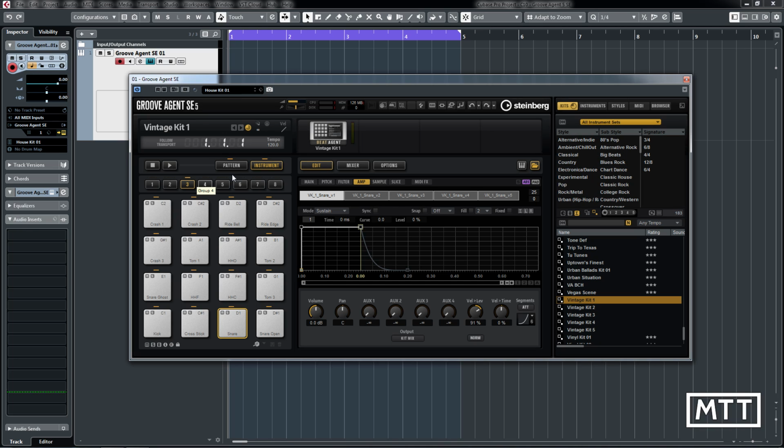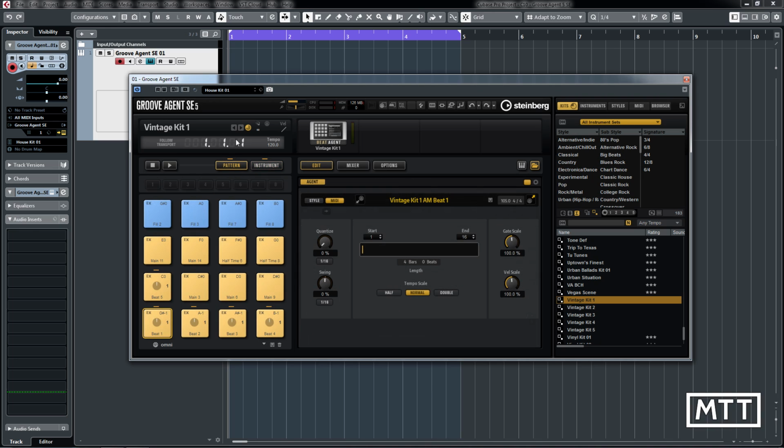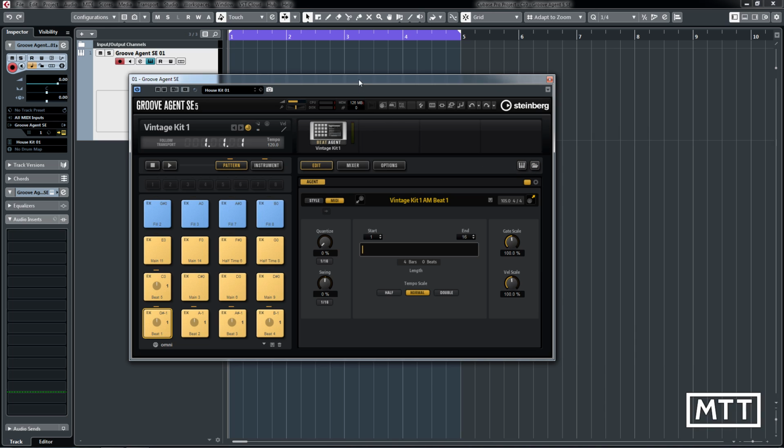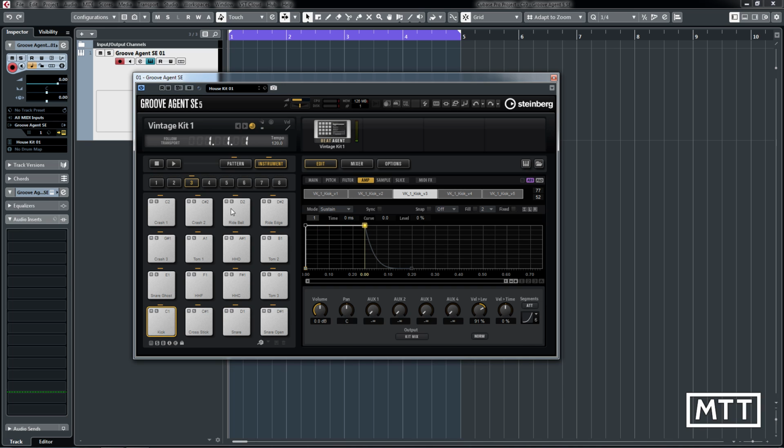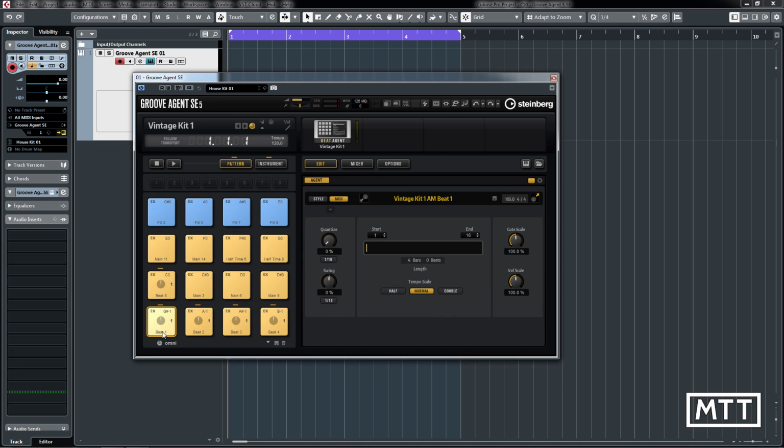The new stuff. The thing that I think is interesting and new is that we now have an extension to this pattern section. So drum patterns, I'm just going to close that so we're looking at one thing at a time. Drum patterns were available in Groove Agent previously. So for instance, if you click on pattern, these pads, instead of playing just the note in question, so when we're back on instrument, this pad is just a kick. But when we're on pattern, this actually triggers a pattern, which in this case has loaded up this vintage kit 1 AM beat 1. And when I play it,